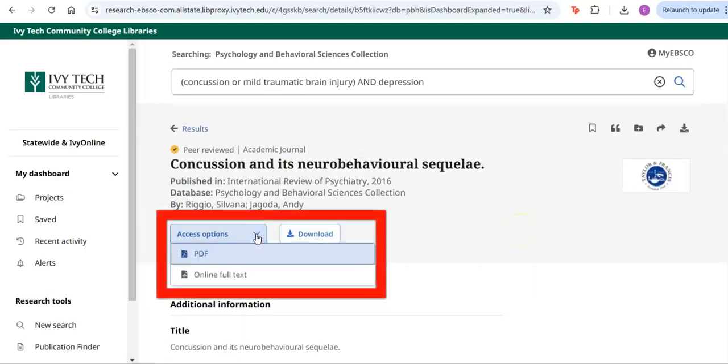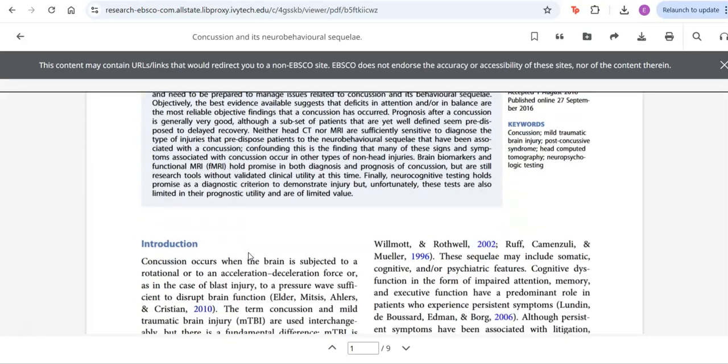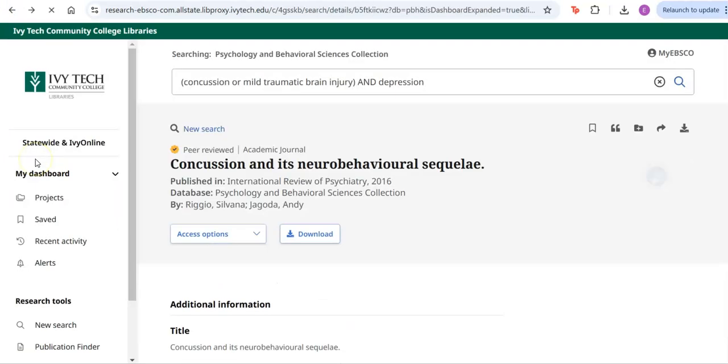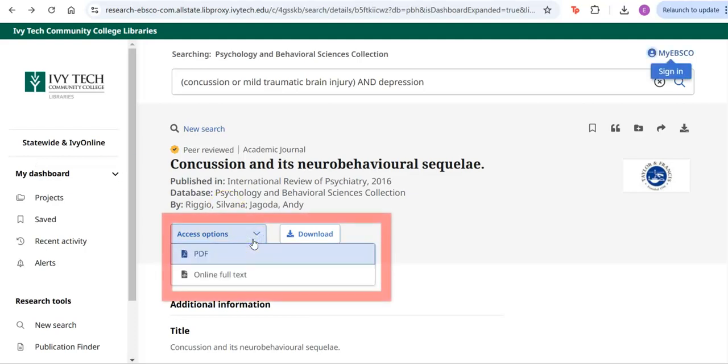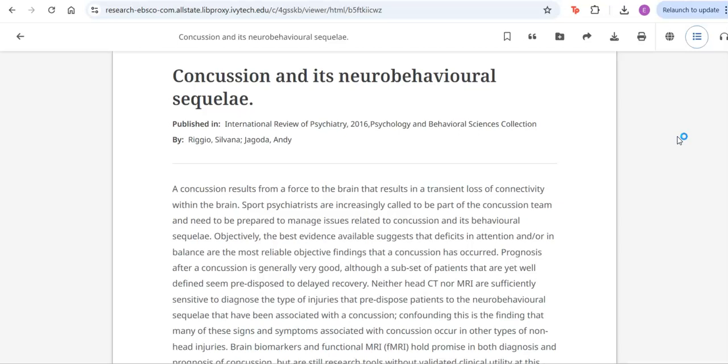This article is available in both PDF and HTML online full text formats. Let's click on PDF. PDF articles frequently include page numbers. You can also choose Online Full Text. Choosing the Online Full Text will give you options to listen to the audio of the article or translate the